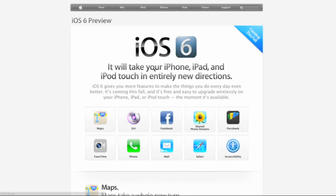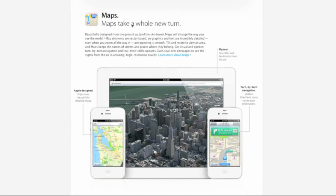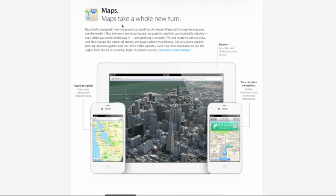Okay, so I'm just gonna go chronologically here. Maps. They are making a new Maps app because if you have an iOS device, you might open up the Maps app and be totally underwhelmed because it really isn't anything good. It's not really a GPS at all. Like if you're on a road trip and you're using your iPhone, it's not really very helpful. So they're really just revamping the entire thing and making an entirely new